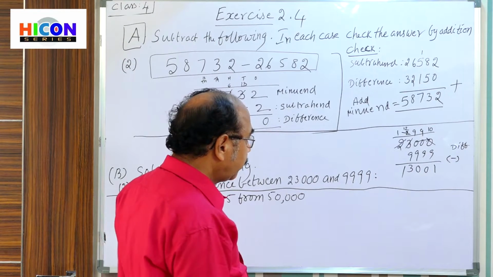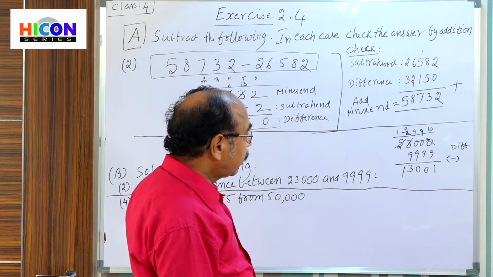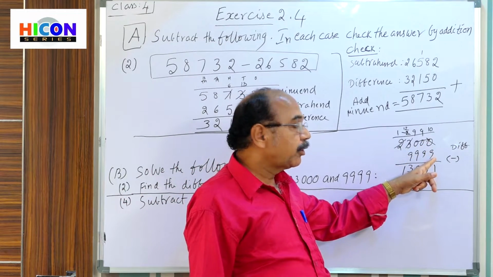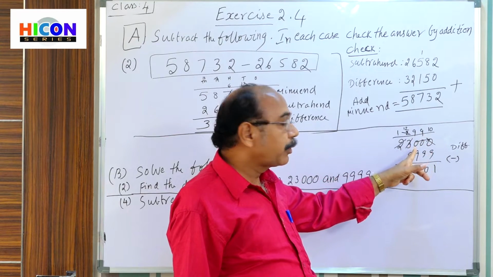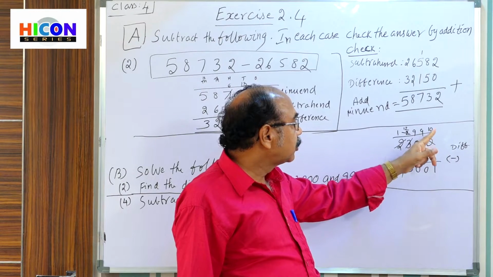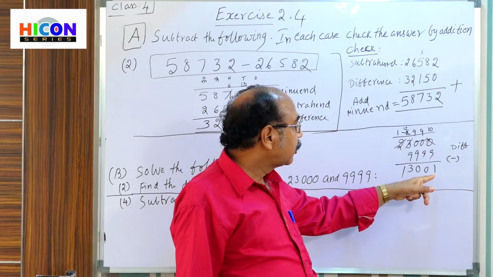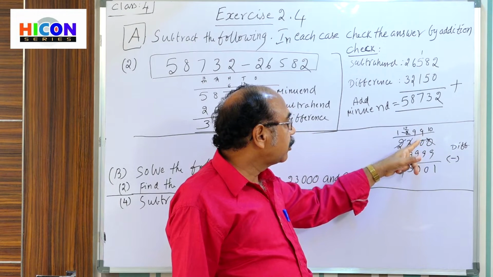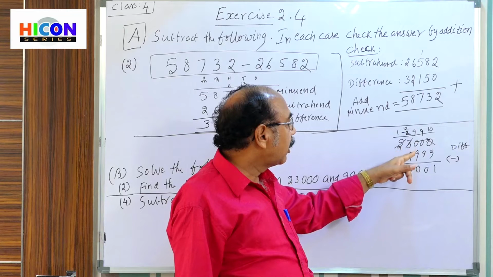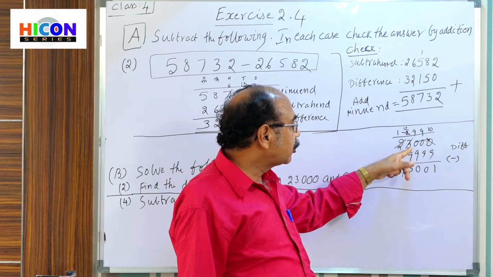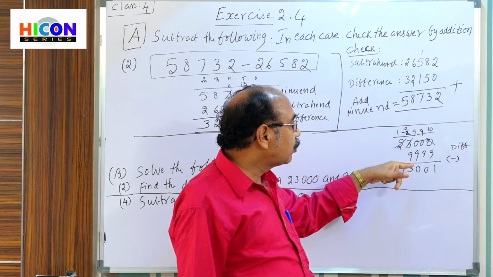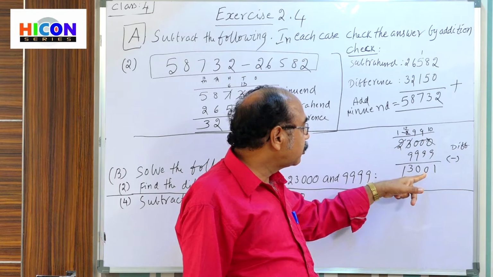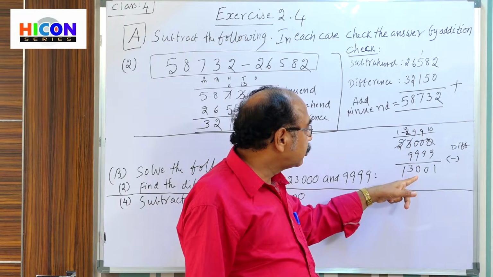Okay, once again say 0 minus 9 not possible. That's why ask borrow from its before place. Borrow means 10. So 10 minus 9, 1. Here 0 becomes 9. And here borrow came from this place, that's why 3 becomes 2. Now here 9 minus 9, 0. Here also 9 minus 9, 0.